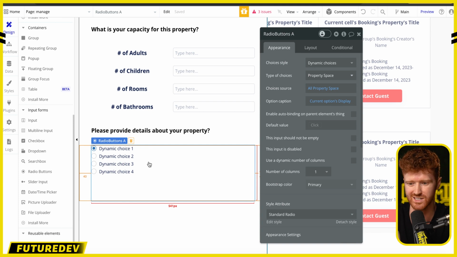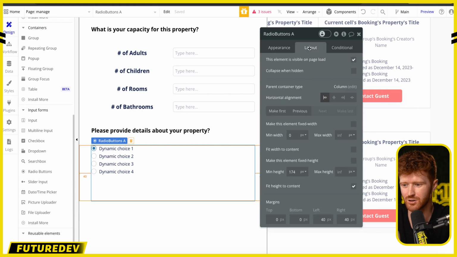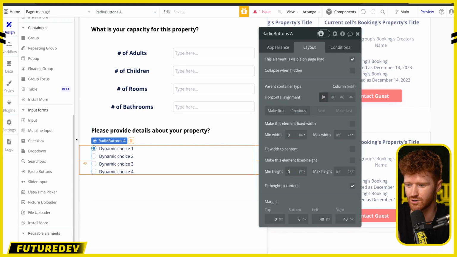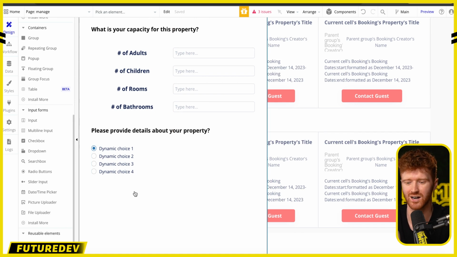If we were to go and preview this, you would just see the options I showed you earlier and what we have in our option set. Now let's fix the layout a little bit to just snap and fit the height to content. So we'll give it a min height of 0. And that looks great. The next thing we're going to want to do is get the kitchen, Wi-Fi, washing machine,